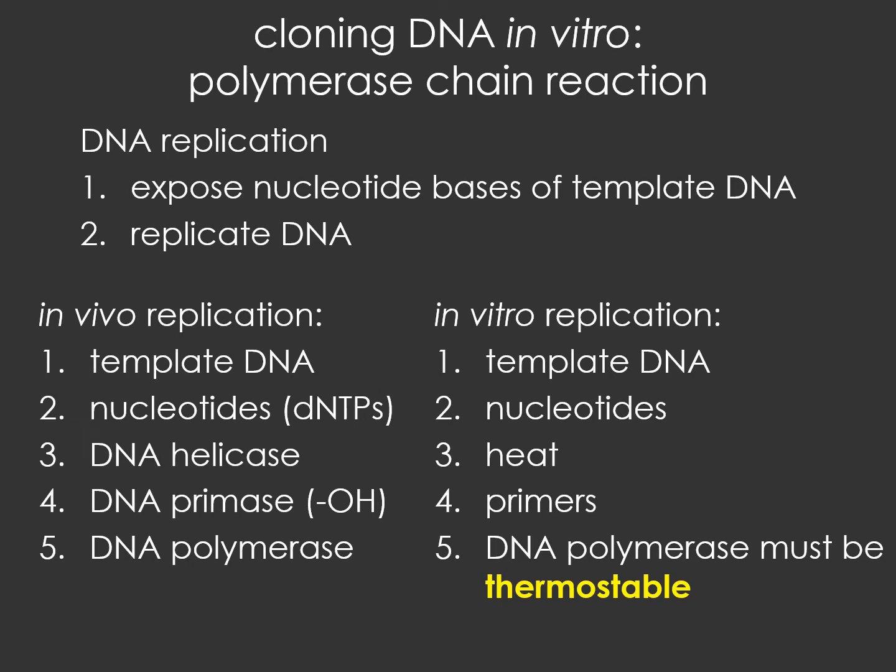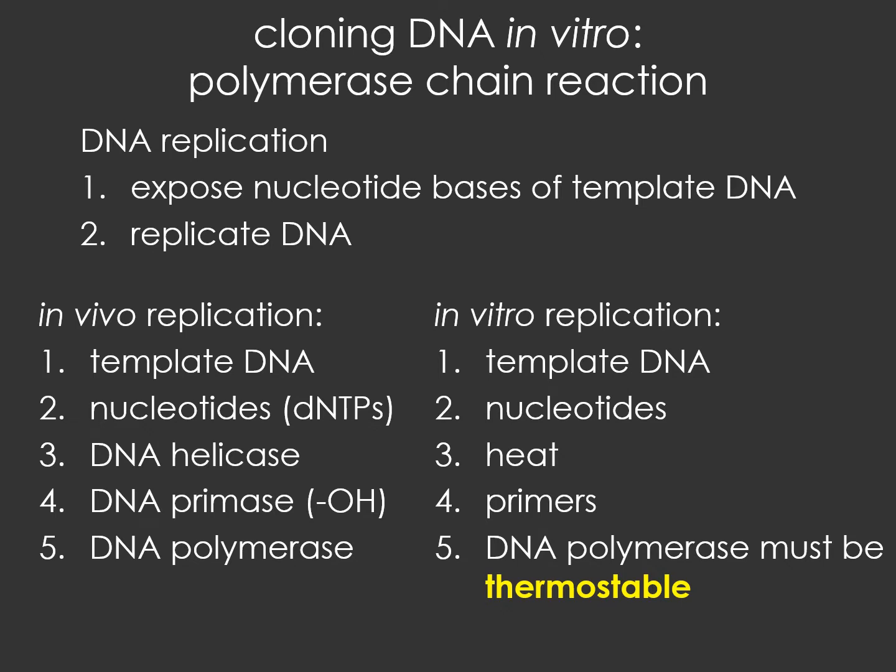And because you're using heat, you need to use a DNA polymerase that is thermostable. And that's where the microorganisms become important, because any DNA polymerase that is thermostable has to have come from a thermophilic organism. And there are two reasons that the DNA polymerase has to be thermostable. Number one is the fact that you have to get DNA to near boiling temperatures in order to denature it. The second is that you utilize heat to make sure that the primers bind only where they are complementary to